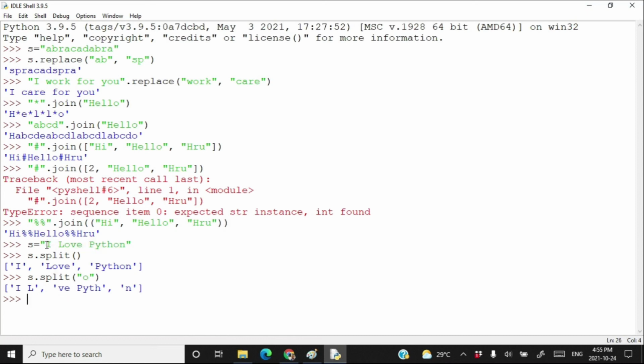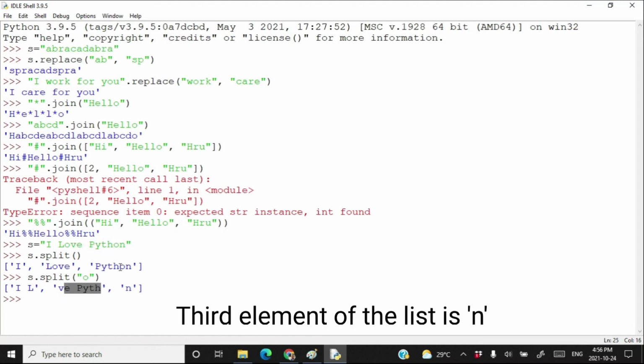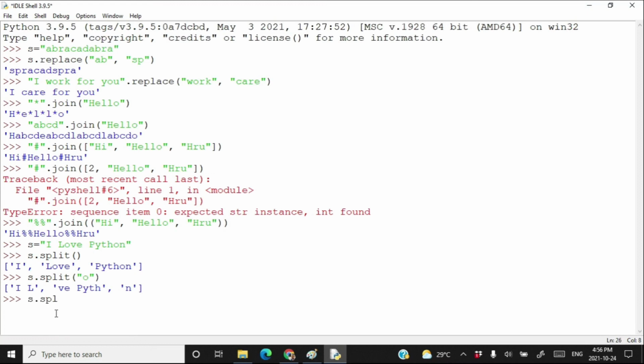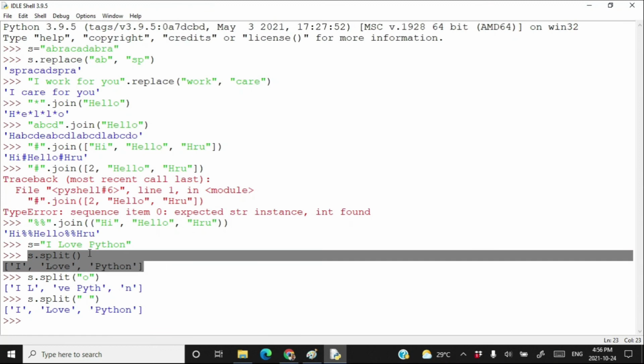So the first element of the list is I space l, the second element is ve space pyth, and the third element is n. Similarly, you can write here s dot split based on the character space, press enter, and here you get the same output as if you had called the split method without using any argument.